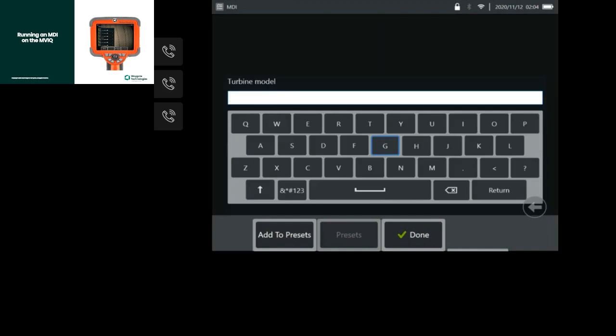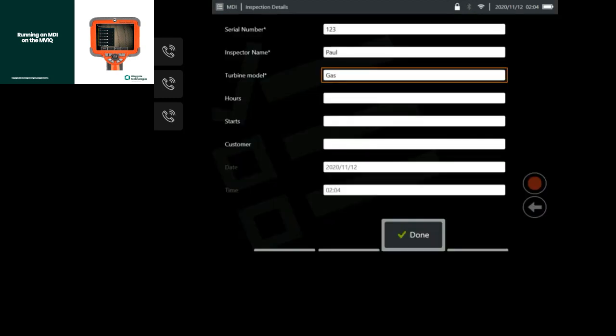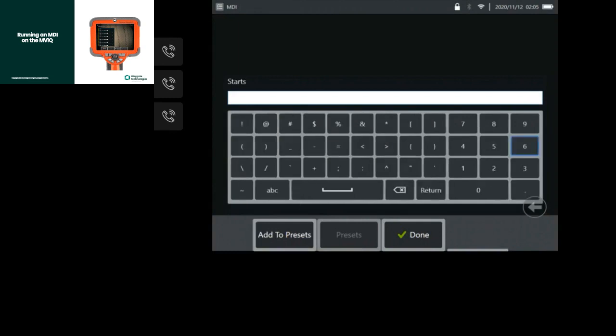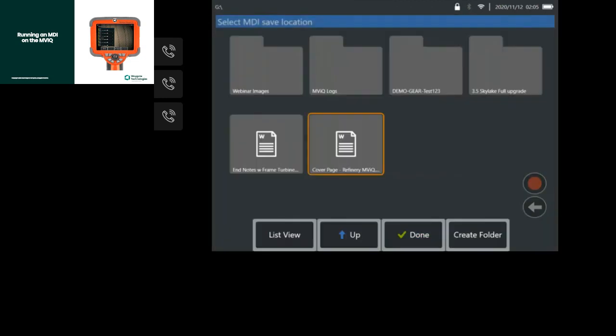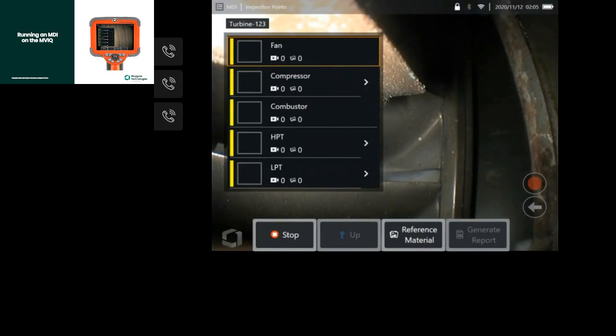And we populate these ones that have asterisks, like serial number, inspector name, and turbine model. They are going to be hard required before the inspector can move on. But I can also populate these other fields, like we've had 589 starts on this turbine, etc. You can fill these out. They're all DICOND tagged so that they have meta tagging sitting behind them. I'm going to place this on my G drive, and now you'll see that this turbine example, 1, 2, 3,